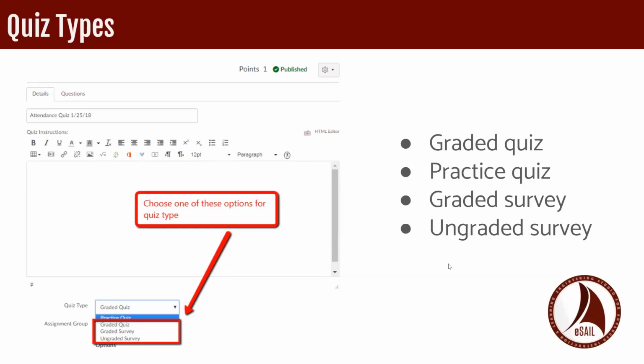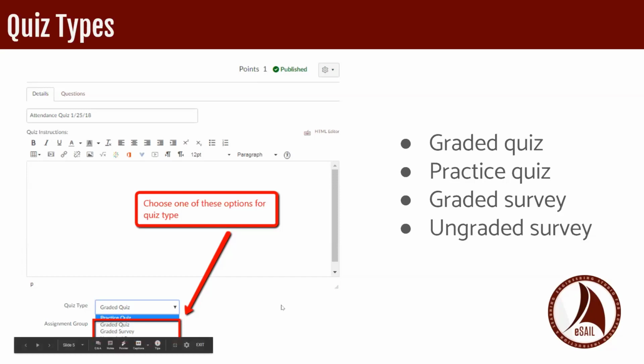When you create a quiz, you have an option to create one of 4 types of quizzes. You can create a graded quiz, a practice quiz, graded surveys, or ungraded surveys. The graded quiz is the most common quiz, and Canvas automatically creates a column in the gradebook for any graded quizzes that you build. And after a student takes a graded quiz, certain question types are automatically graded. You can view the results for graded quizzes in Gradebook on the quiz results page in SpeedGrader.